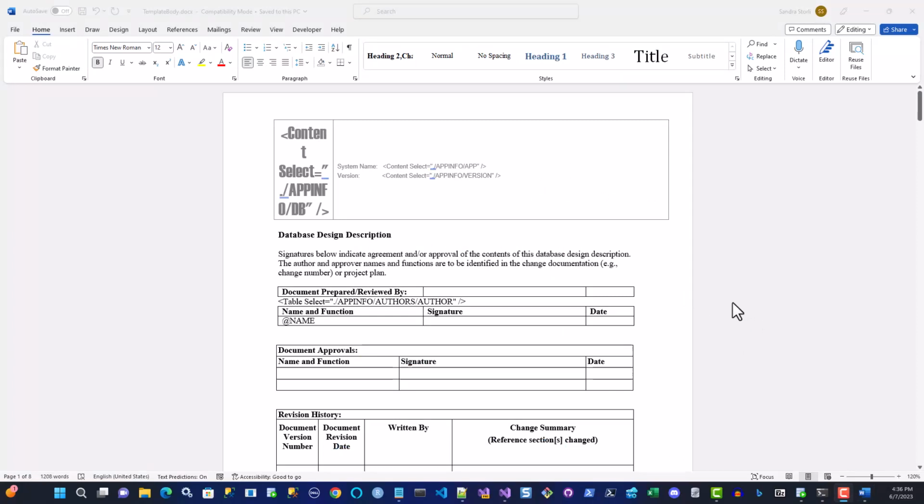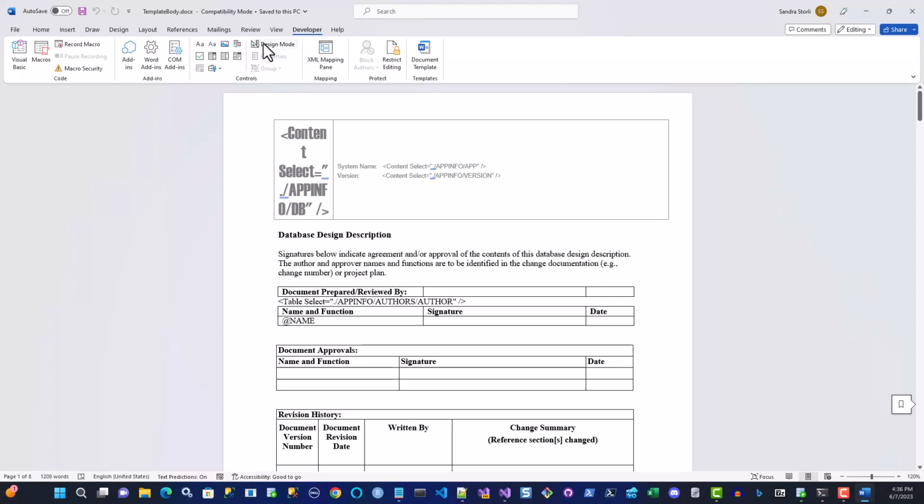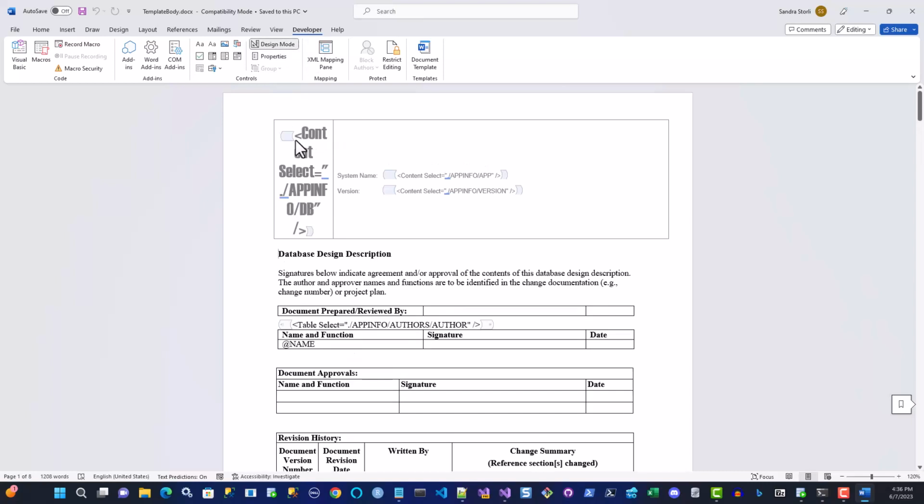This is the template that I use for a body. And it looks pretty awful when you look at it right here. What it does is it uses something called content control. So if you go to the developer tab here and go to design mode, you can see here is a content control. Here is a content control. And the way that this particular OpenXML Power Tools